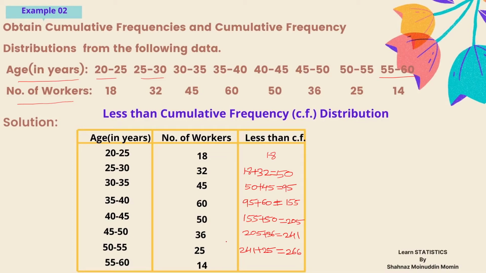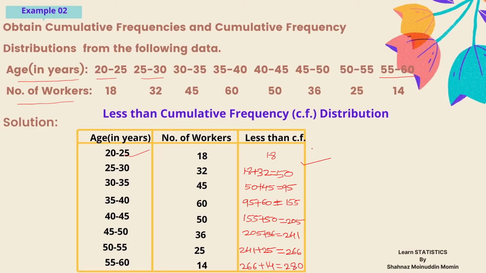For the last entry, add 266 with the value 14 and it comes out to be 280. This is the less than cumulative frequency of the given data,